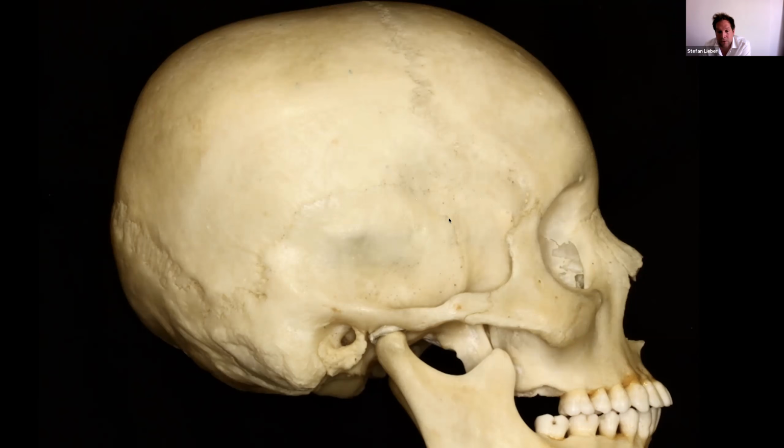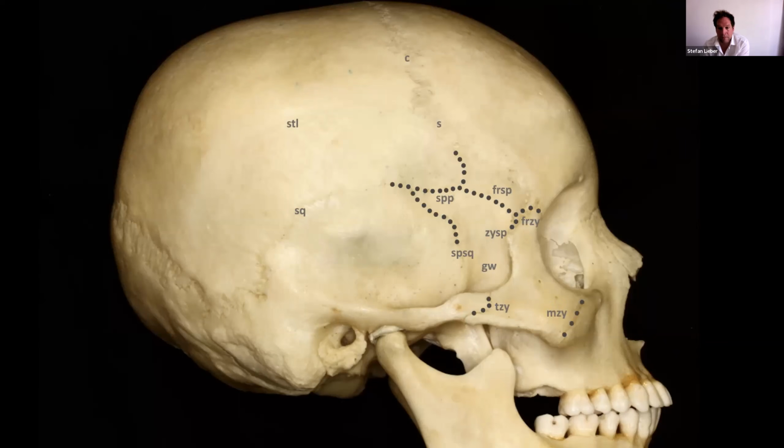And obviously, this is your familiar landmark of the pterion, which is the most lateral extension of the greater sphenoid wing, with anterior fossa and middle fossa. And you have the orbital or frontal process of the zygoma and the zygomatic or orbital process of the frontal bone joining here to form the superolateral orbital rim. Again, these are the sutures forming the pterion, which is a rather ill-defined point, which accesses, as I said,